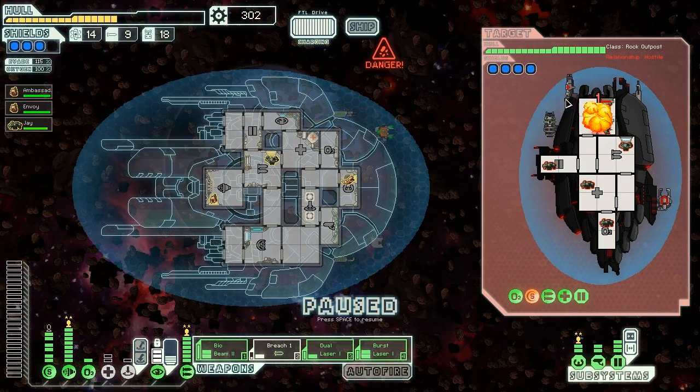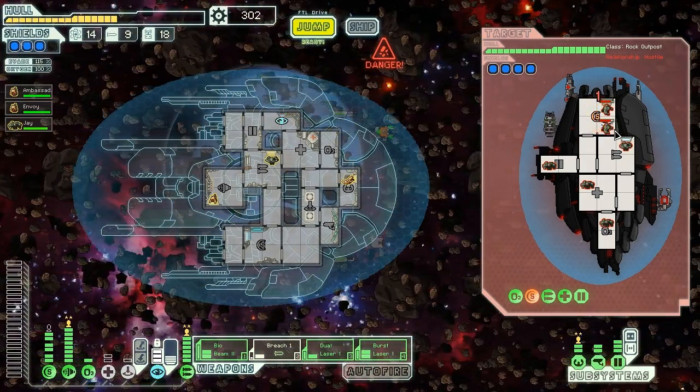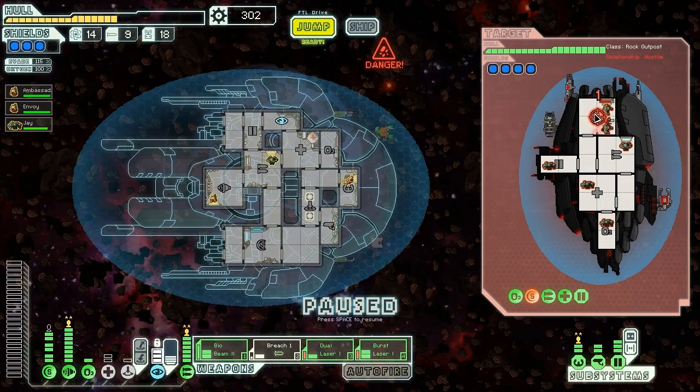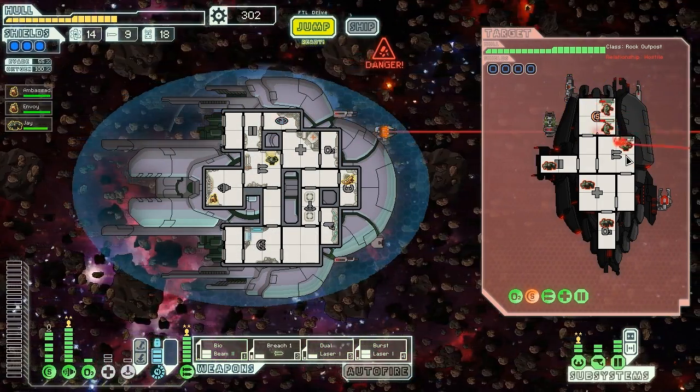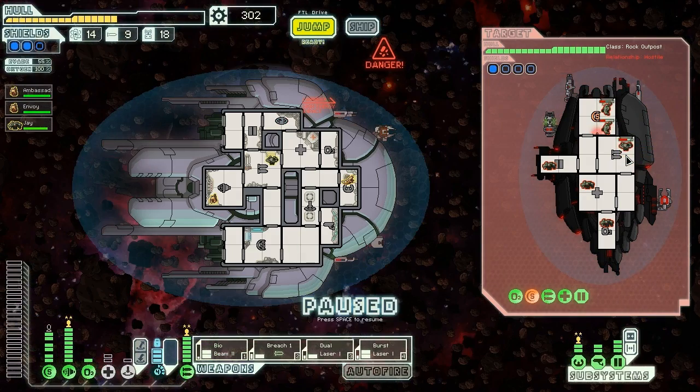Good, that's a hit. Did not take... How did it not take it out? They have an extra layer of shield points? That's annoying. Alright, try and blast them. There we go, nice hits. Do some damage. I don't expect to kill them this way, but I do expect to harass them at the